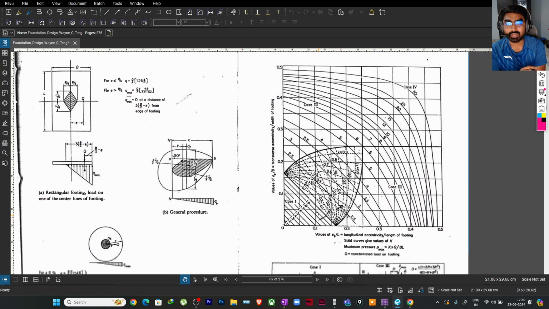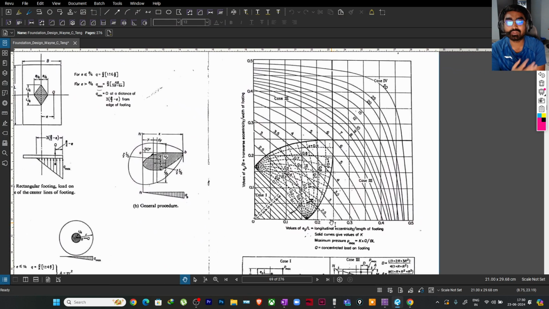And in the industry, when we have eccentricity about both the axes, that means you have moment about x and moment about y, the eccentricity is coming somewhere. I will draw the foundation. Suppose this is my foundation, this is my axis, and it has moment along this direction and moment about this direction also. So the eccentricity will be somewhere here, and due to which the foundation uplift will maybe be like this. In such cases, when you have biaxial moment and uplift,